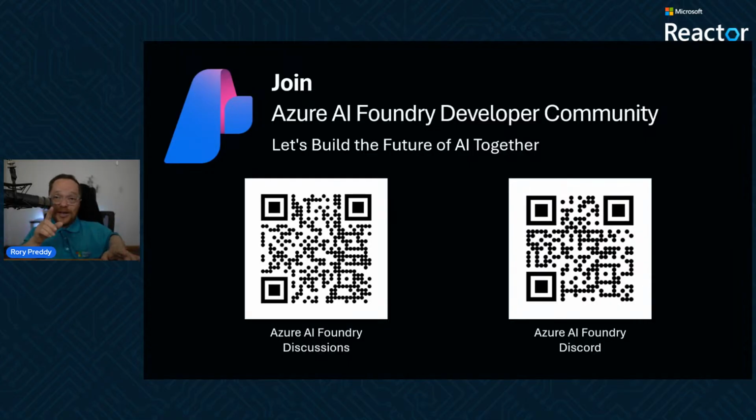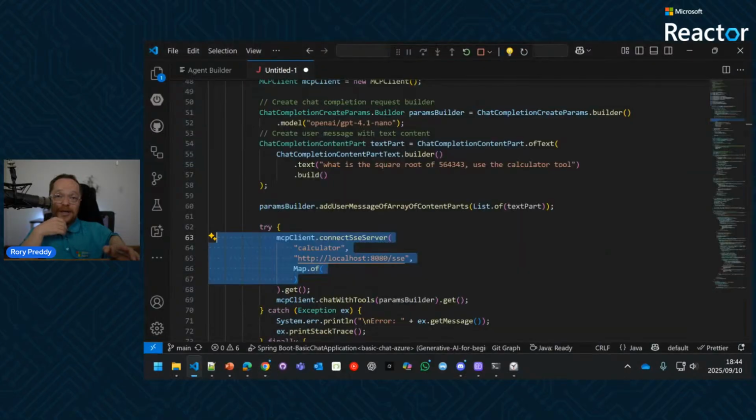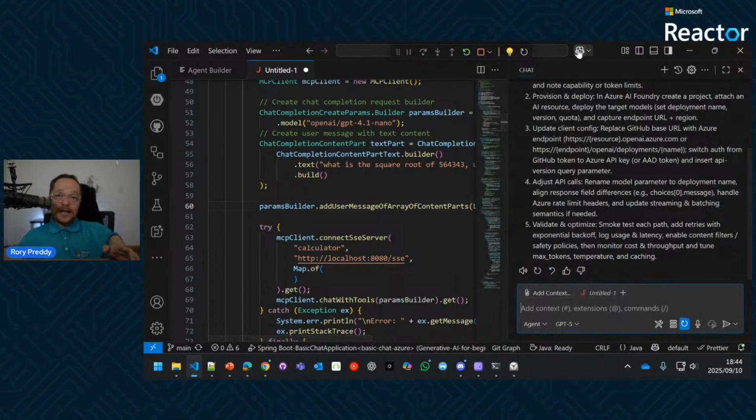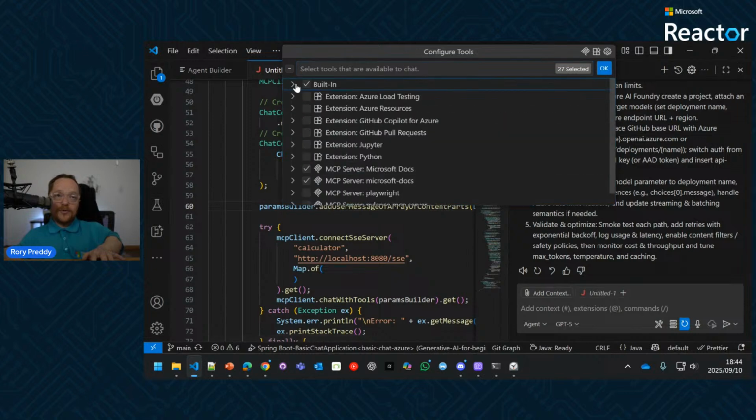Now, one thing I want to leave you with is that MCP is now becoming way more important than you think. So if I go into GitHub Copilot and I type in here, I've got a tool activated on MCP, configured tools, and I've got the built-in ones, but I also have something called the docs